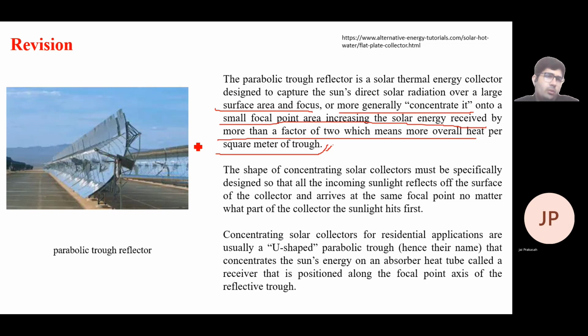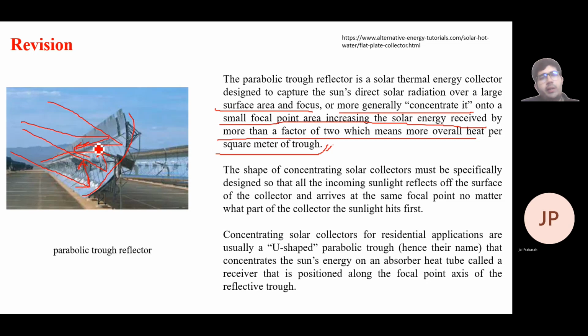So you can see this is again in a parabolic form. At the center, we are having some tubes. The sunlight is striking this surface, reflecting and going here, reflecting, going here. So again, we are focusing. We are having a large area. The sunlight is impinging on that area, and we have designed a curvature. So based on the curvature, all the impinging radiation is reflected to that particular focal point only.